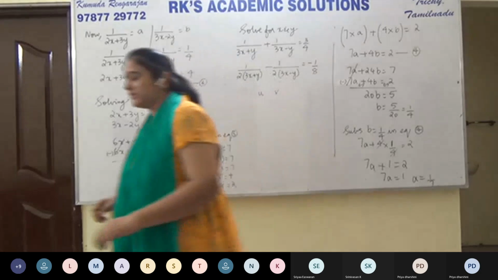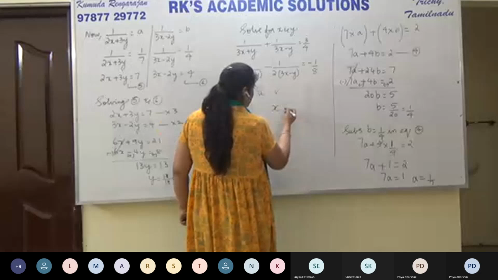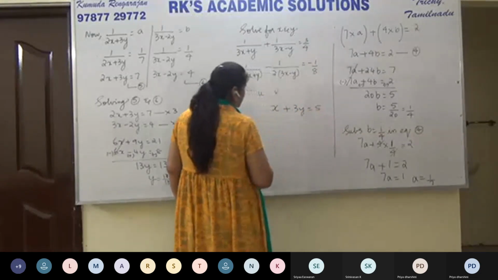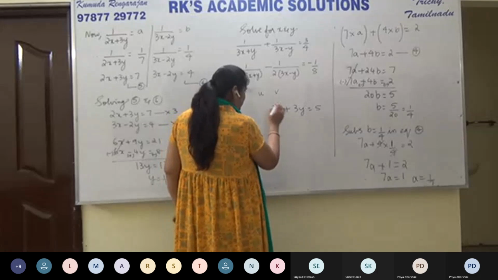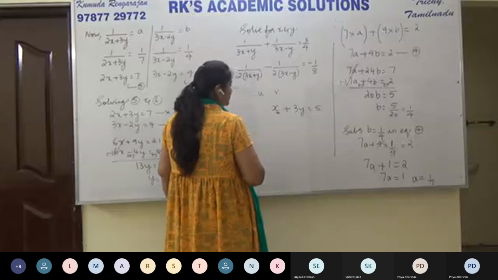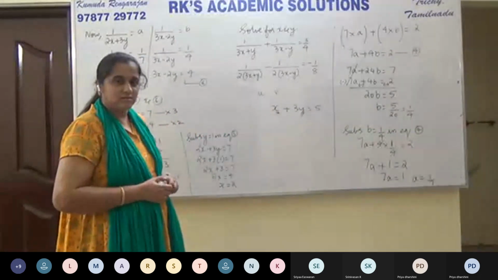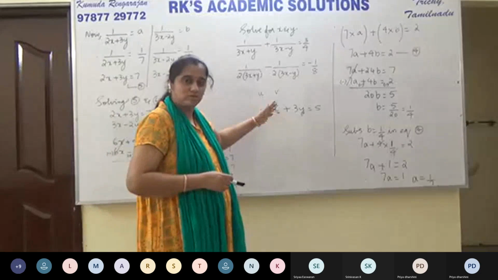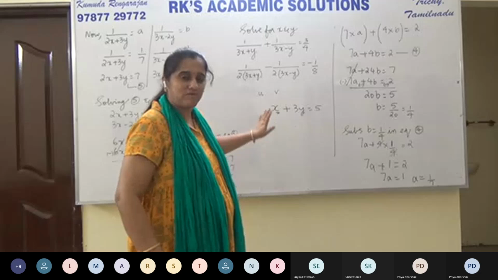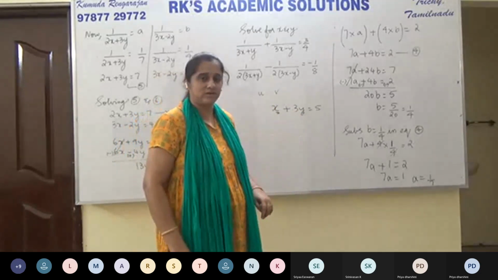No. See, when we write, the equation should be in the simplest form. That is, no further simplification should be possible. When I say x plus 3y is equal to 5, you can clearly see there is only this variable x. It's not x square or x cube, it is x. And it cannot change under any circumstance. This variable y is y. Children, please listen. This x is x. X cannot become x square or x cubed. Y is y. So you're sure that the power of x is 1, the power of y is 1. And so it's a linear equation in x and y.